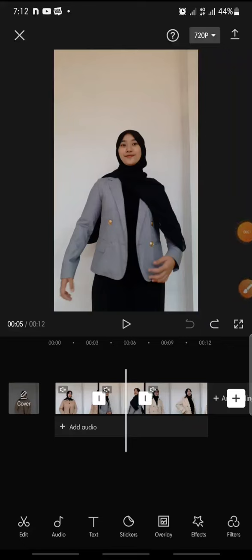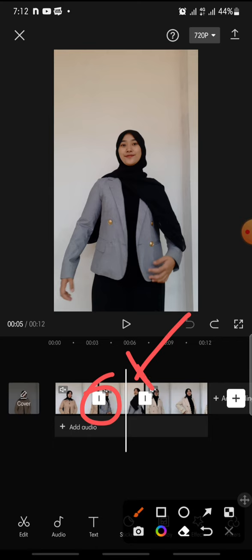In this video, I'm going to show you how to add blue lines transition effect on CapCut apps. Now let's get started. First, after you open your CapCut apps and add the video that you wanted to edit, if you wanna add a blue lines transition effect, so you just click on a box white icon, this one,